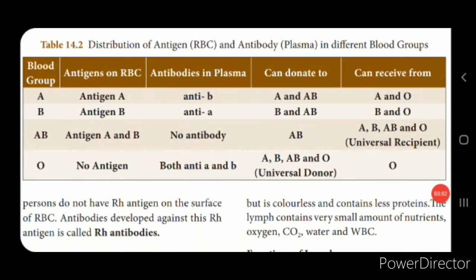Next we'll see the blood groups. Now we said that the blood groups are divided into A, B, O, AB, isn't it? Now here human blood consists of special substances which are called antigens and antibodies. Antigens are represented by Ag and antibodies are represented by AB. Now here you can see in the picture, isn't it? This tabular column shows you the classification of the blood groups, right?